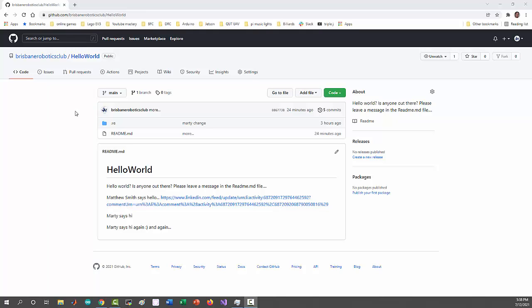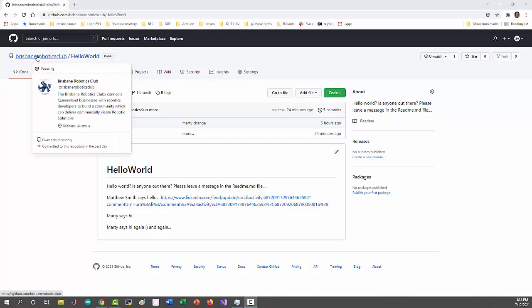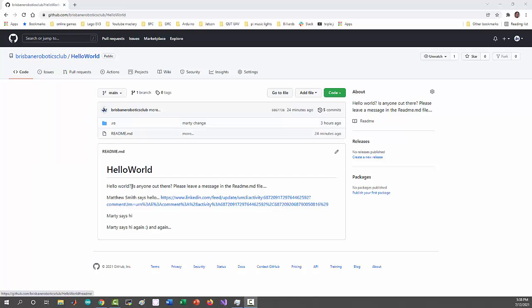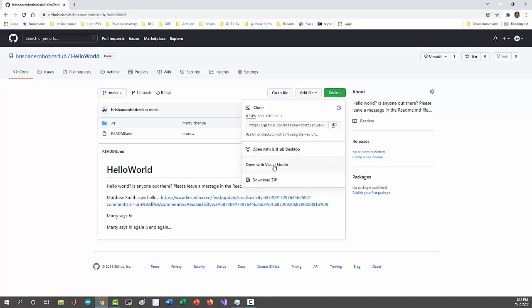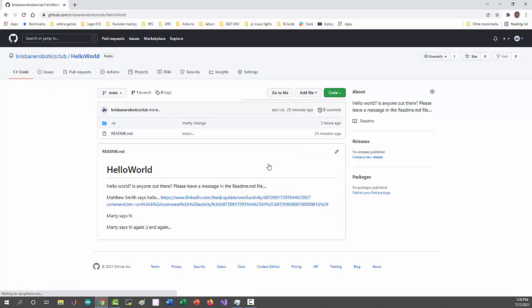Okay, in this tutorial I'll show you how to open a GitHub file in Microsoft Visual Studio. First of all, you will need to have downloaded Microsoft Visual Studio, and the link will be in the description below. So let's use this blog called Hello World, and all we will do is update the readme.md file